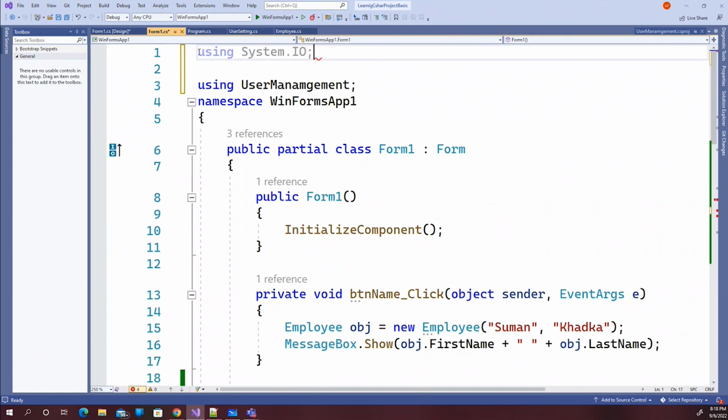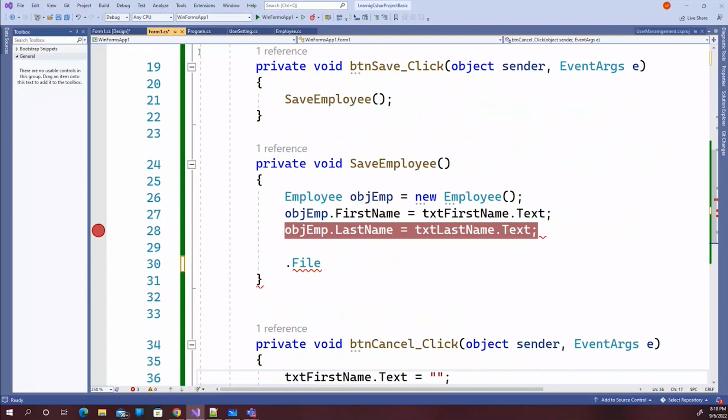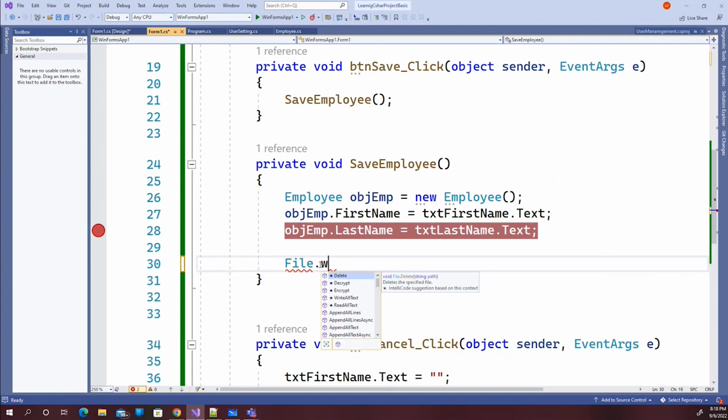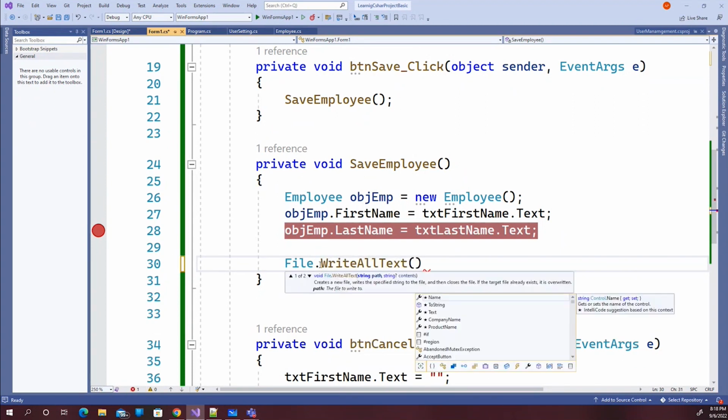So System.IO. Now we have the File class. So with File, we press the dot. We have WriteAllText. Let's try this one. WriteAllText. There are too many things, but for now, for easy purposes,